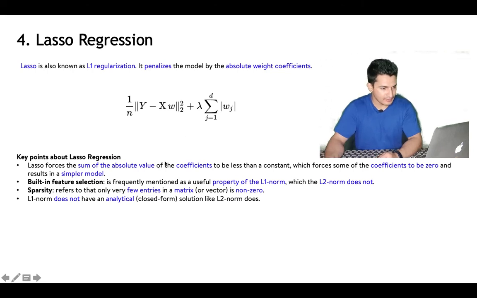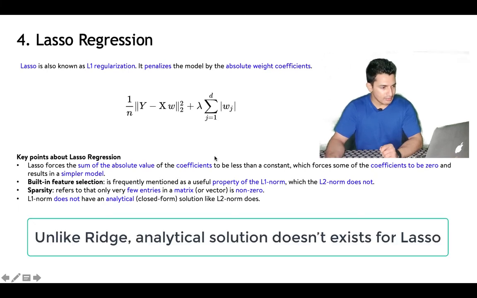Let's understand it better. So here also the coefficients will shrink. In ridge the coefficients shrink close to 0 but not 0, but here the inbuilt property of lasso makes sure that many of the coefficients become exactly 0, and this is also called sparsity. Why is that? We will look into that, but this is the advantage of lasso. And similarly to ridge, here also the penalty is added, which is the absolute value of weight coefficients.